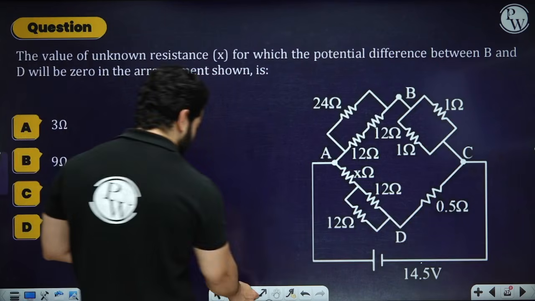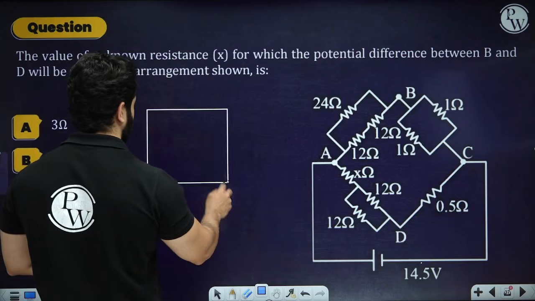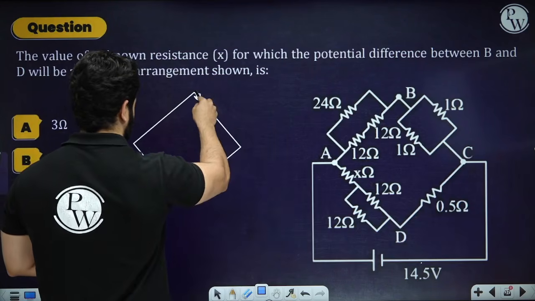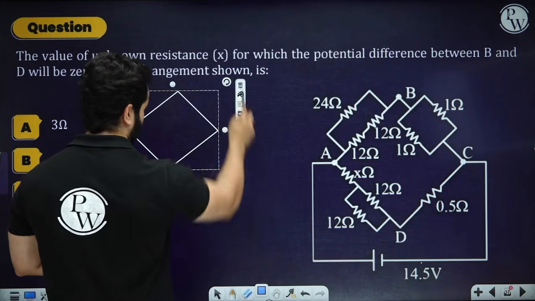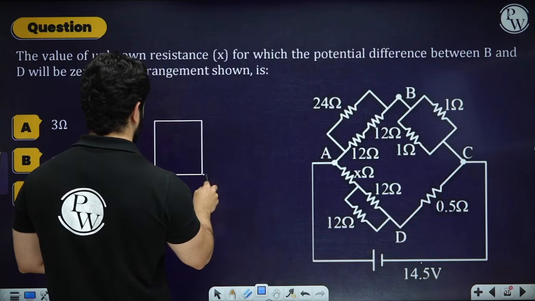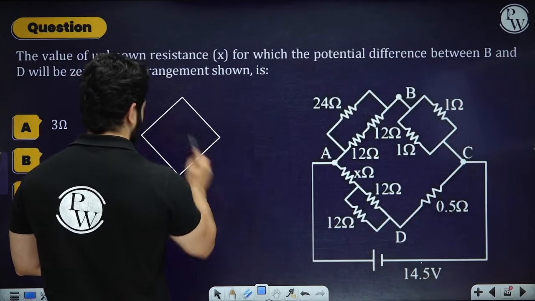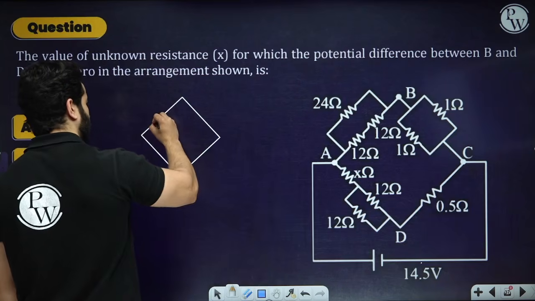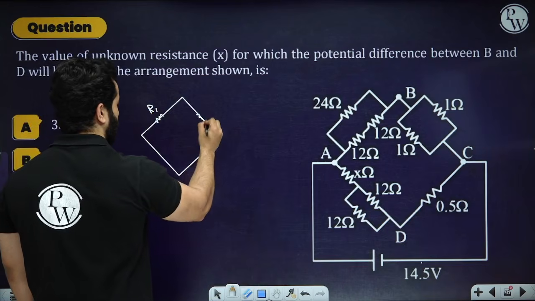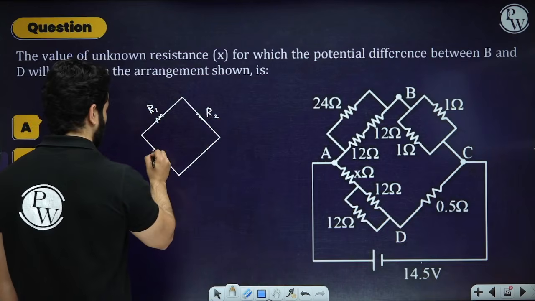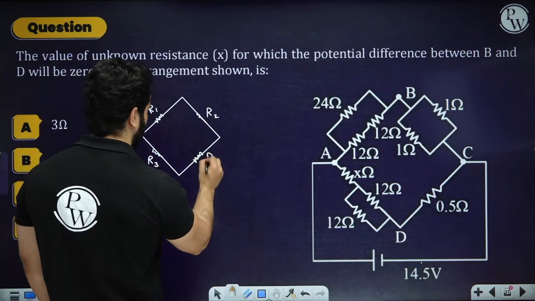If someone is saying that we have got a structure like this, and we have got some resistances over here, let's say R1, R2, R3 and R4,